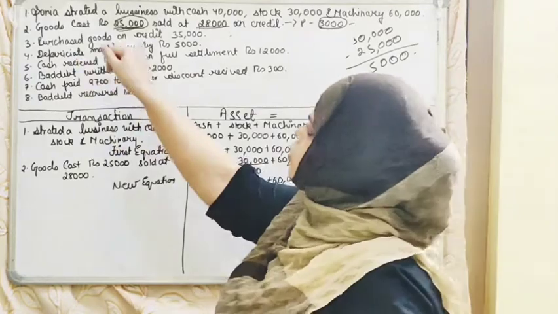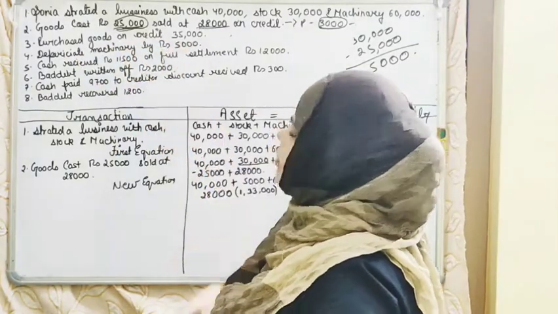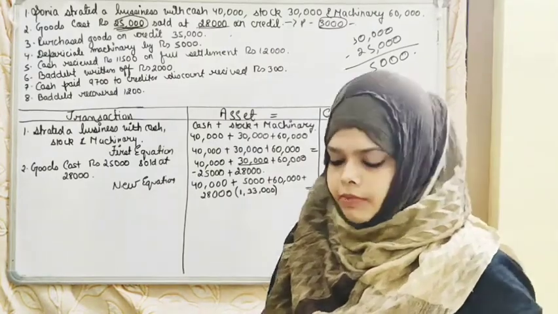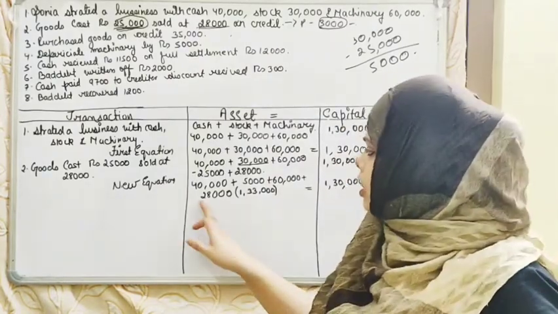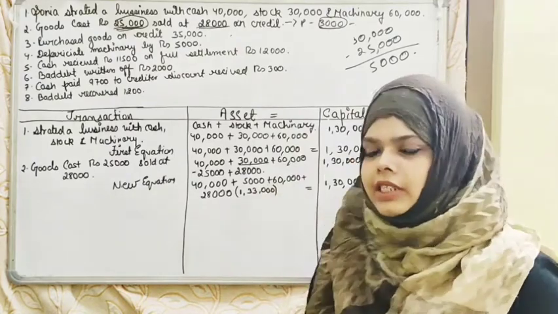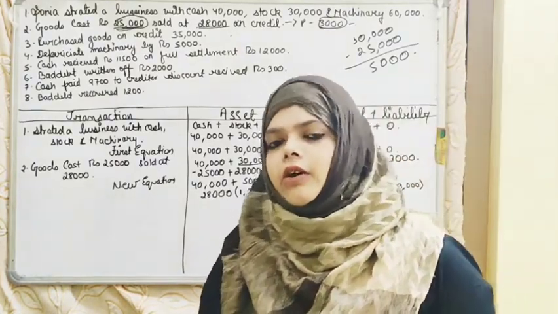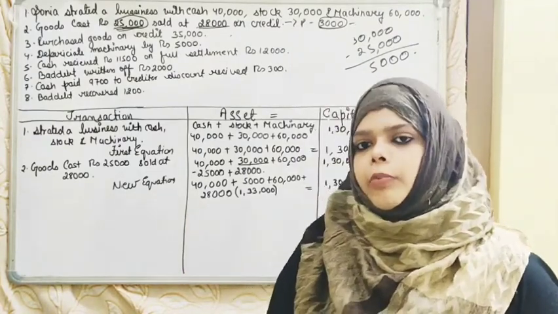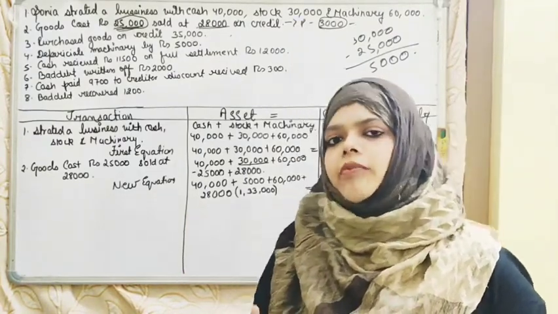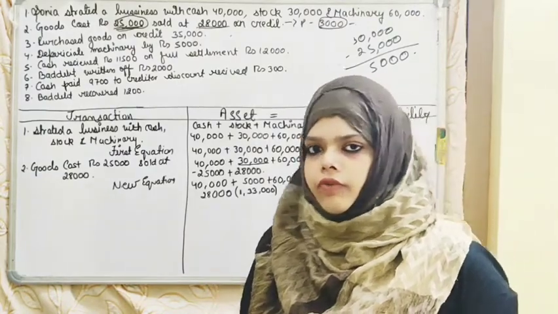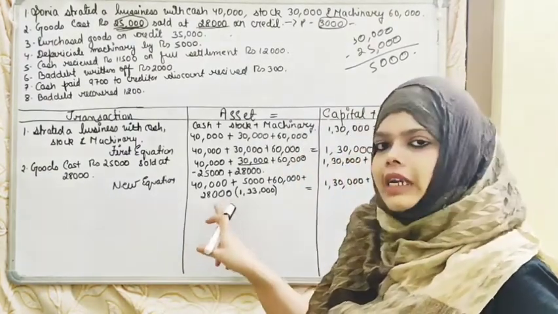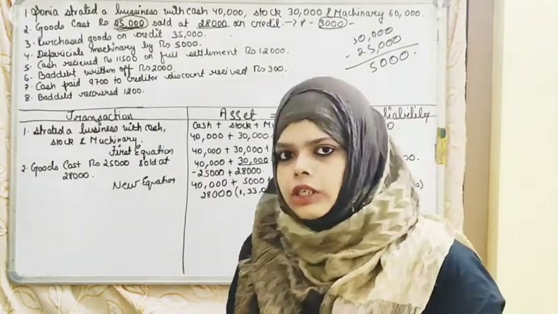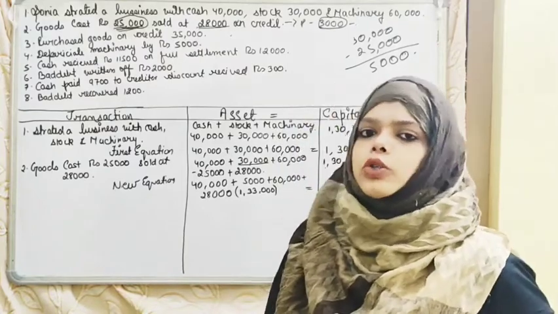Next is purchase goods on a credit rupees 35,000. And this is a credit to be received, means it is a debtor. Always remember why we are not recording this 28,000 on the liability side, because it is a debtor. What is a debtor? Means the person who owes to our business, and has promised us to pay in the future course of time. So that is why we are not writing this 28,000 rupees in the part of liability, because we are not owing to others, but other person is owing to us.